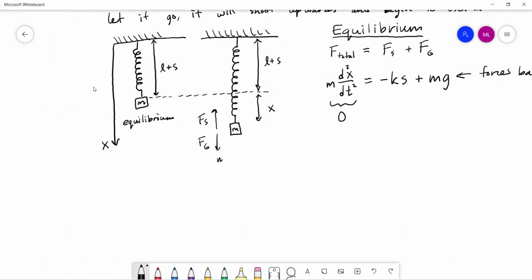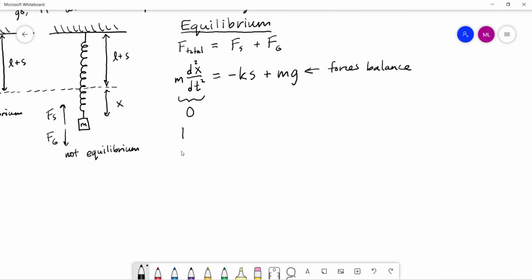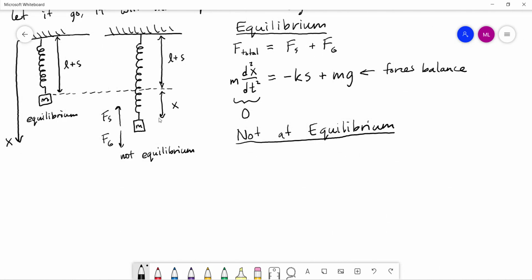And over here, let's do the not at equilibrium case, which we said will eventually yield some actual motion. So the acceleration isn't going to be 0 because we're going to see this thing oscillating up and down. So we're going to have some motion, and this term will not go to 0. So when we're not at equilibrium, when we've instead pulled that mass an extra distance x away from here, which means that this equilibrium point,